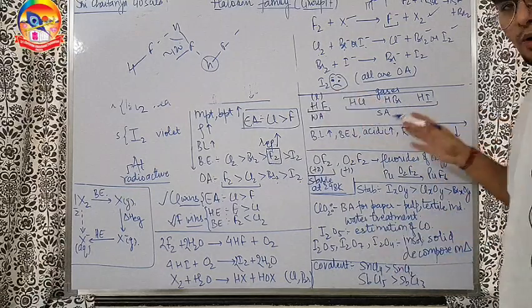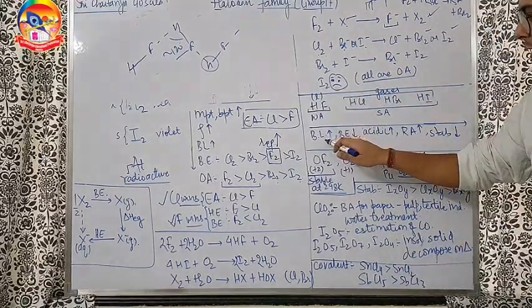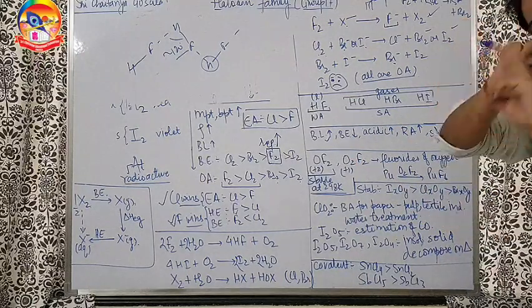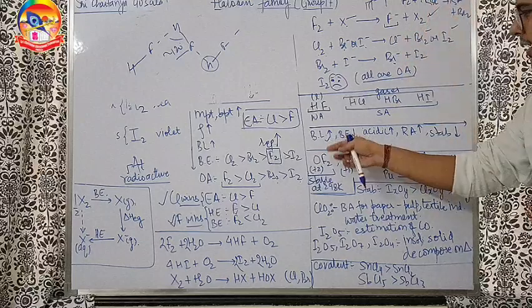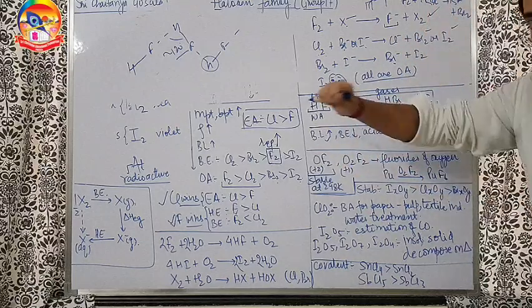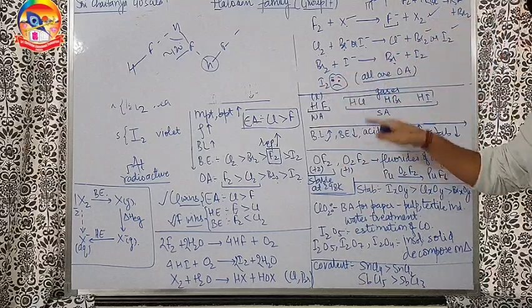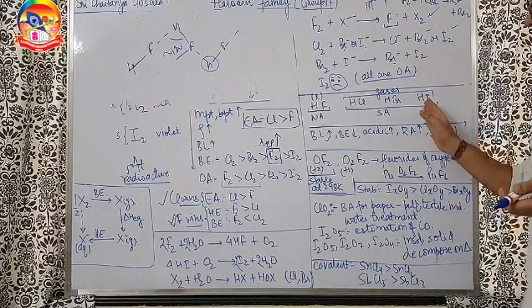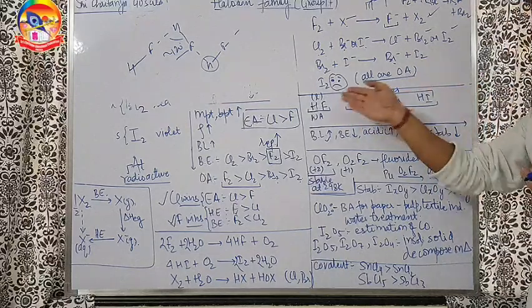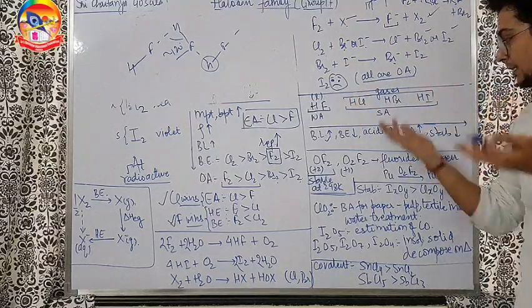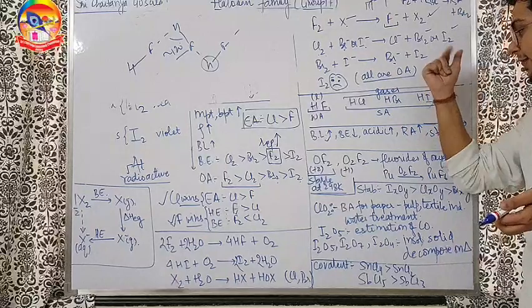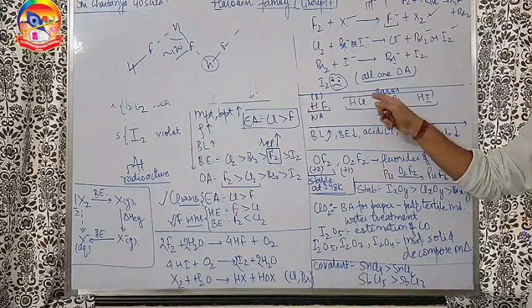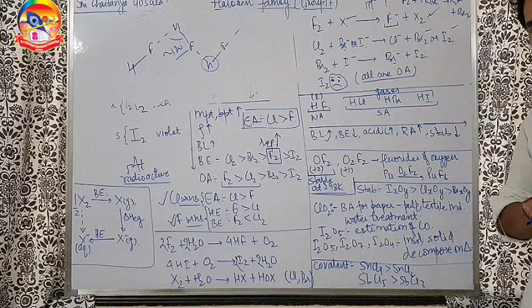As you go from top to bottom, size increases, so bond length increases. This hydride we are discussing for the third time. Nitrogen, oxygen already we have discussed. The same logic we have to apply here. Bond length increases, bond enthalpy decreases. Bond enthalpy becomes less, so it's easy to break the bond. That means it becomes easy to release H plus, so the acidic character increases. So HI is more acidic than HBr, more acidic than HCl, more acidic than HF.